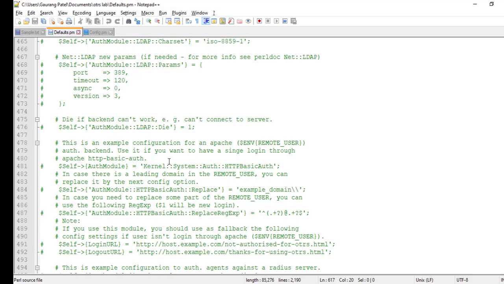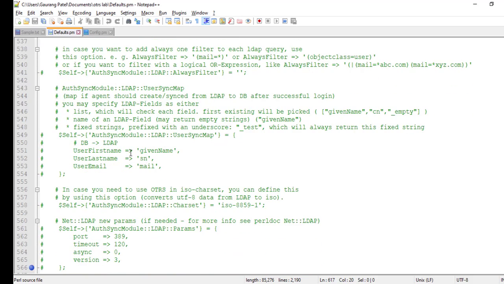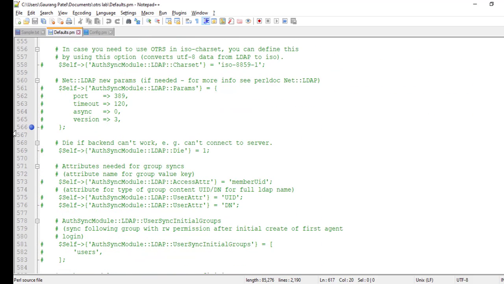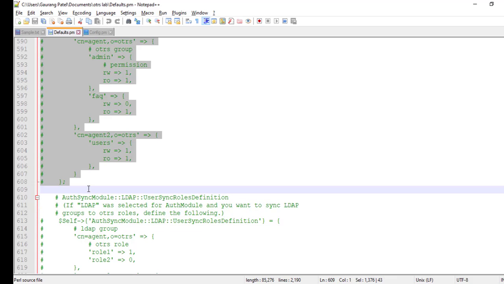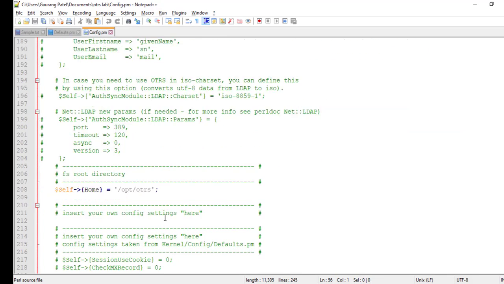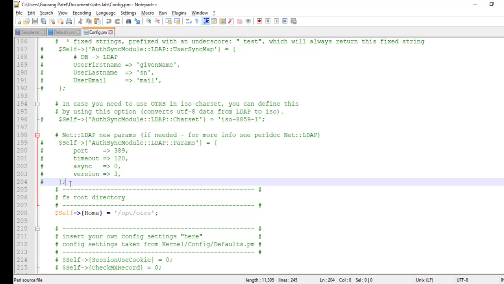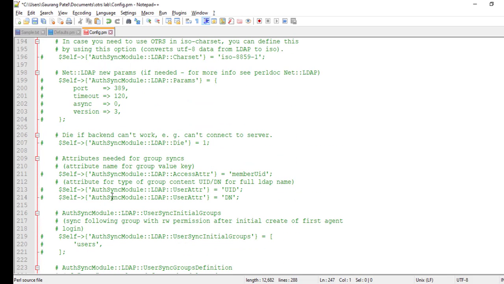Let's copy the group synchronization code. Yes, we have copied 566 lines. Now let's copy from here to somewhere else here, 608. Let's copy it and paste it into the config file below our last configuration. Let's hit enter, Control V. So now we have copied the default configuration to the config file.